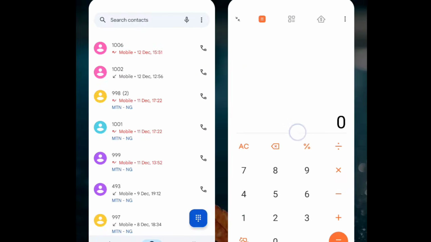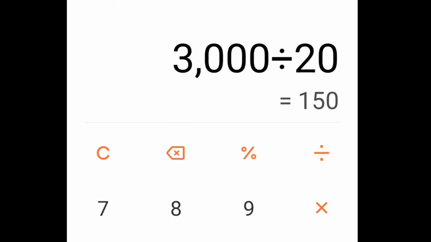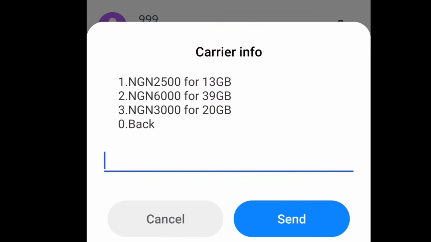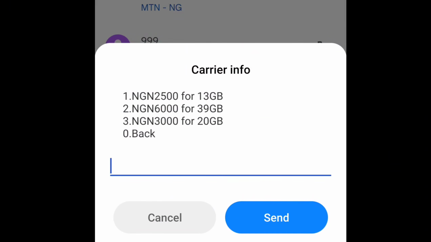Let's calculate. If you are using this plan, 3,000 divided by 20, so 1 gigabyte of data will cost you just 115 naira if you are using this code to get data from MTN. So this is another good plan that you can use to get data from MTN at a very cheaper rate. So I want to buy the one of 3,000 to show you that this data plan actually